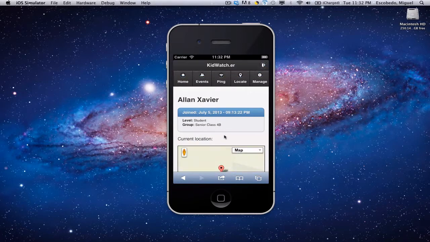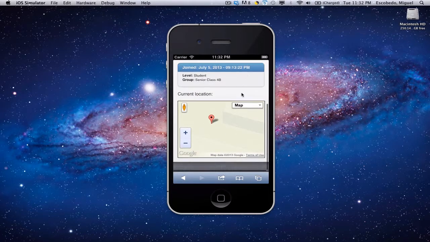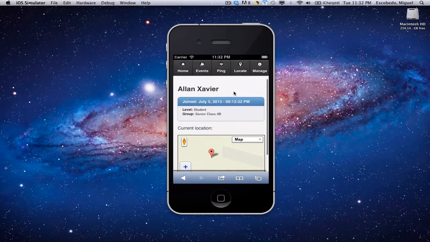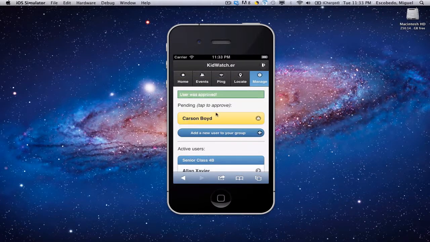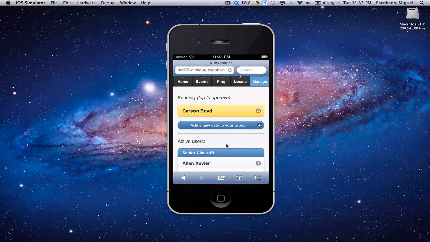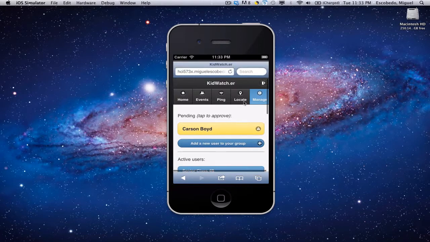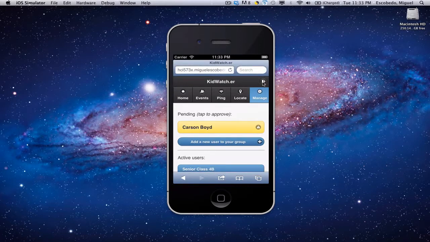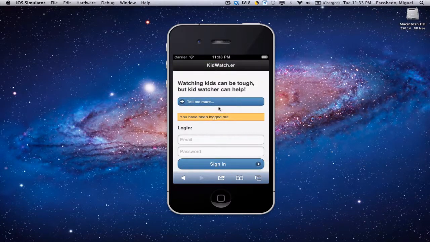Clicking on a name will allow you to see full details, like the location for a user, as well as some basic account information. And if you click on a pending approval user, you can go ahead and approve that person, and then they'll show up in the list as a new member of the group. The last bit of functionality is the logout button, which I'll go ahead and click, and this will effectively take you out of the system, and so you can start over as a new